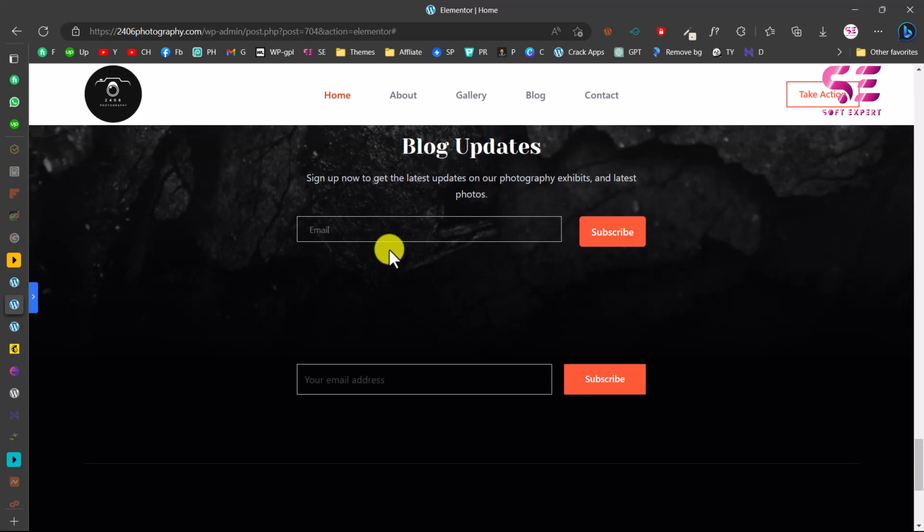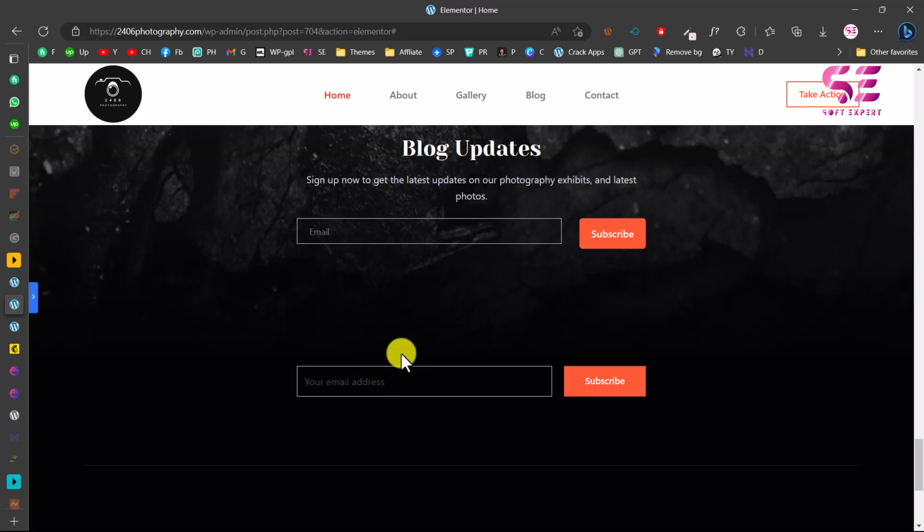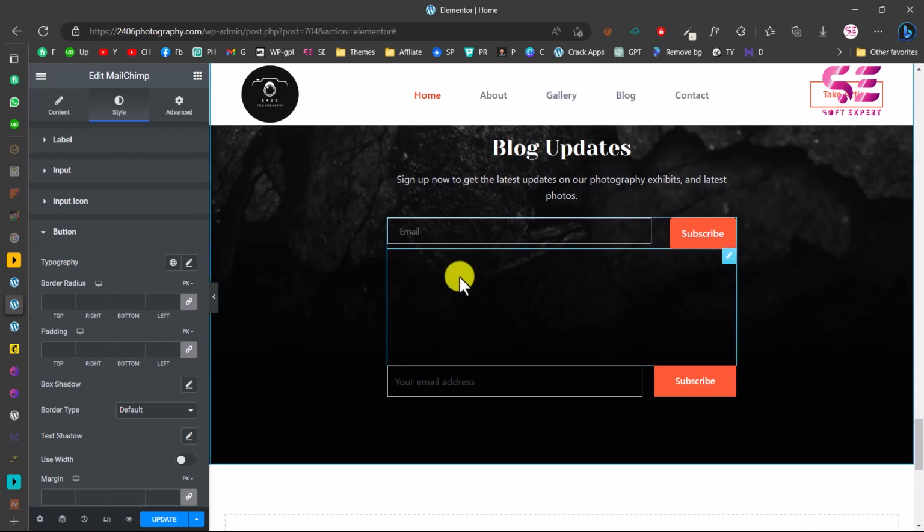And the difference between these two forms is this is linked to our Mailchimp and we can collect our emails in a Mailchimp list, and this is not linked. And here I am trying to match the look of this form, but you can design this the way you want. Let's open this again, and let's say I want to match this button, so I can just go to